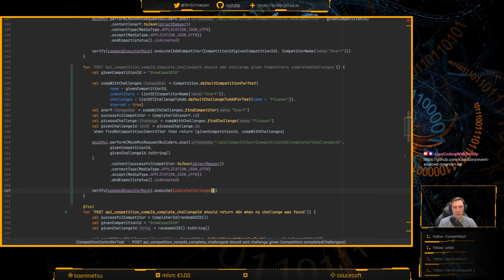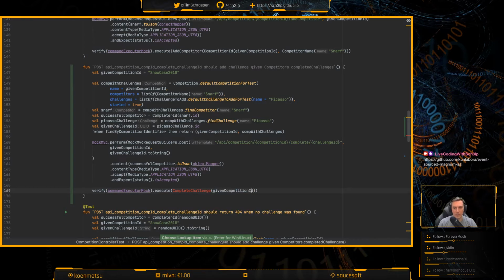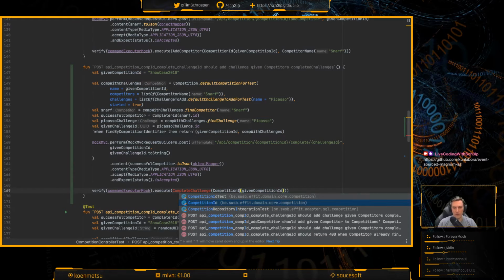And this complete challenge command should contain the given competition ID. And now I keep forgetting, I think I need an actual competition ID for this one. So let's get that thing going.